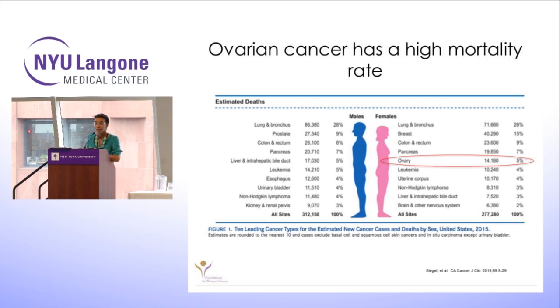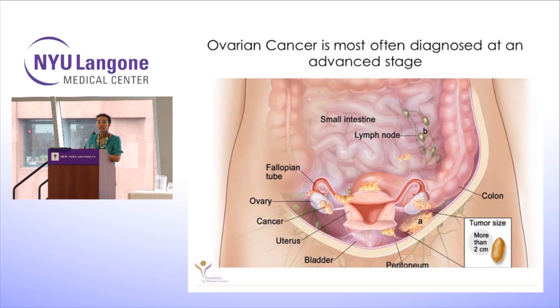And the reason for that, unfortunately, is not because it's a particularly virulent disease. It's actually relatively chemosensitive. We have lots of good treatment for it, as Dr. Levine talked about. The problem is that we are diagnosing it way too late, right? The majority of patients get diagnosed when they are stage 3 and 4. And what that means is that instead of being limited to the ovaries, the disease has already spread throughout the abdomen and perhaps even farther. So when we have that many cells to deal with, we have a much harder time eradicating them with surgery, and then we give our chemotherapy a much more difficult job to eradicate whatever residual cells are left.